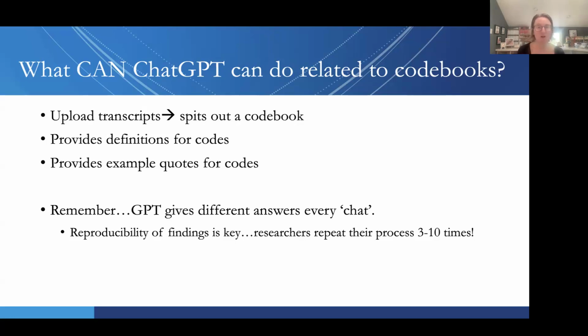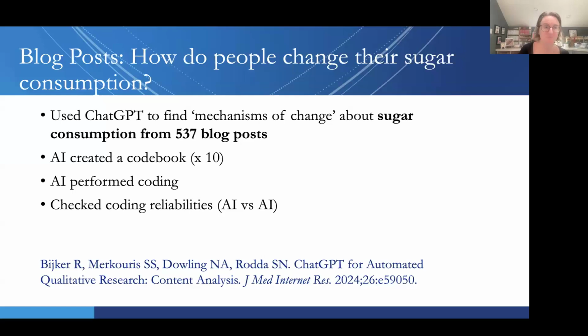And so in the research articles, as you're reading, if you choose to read these articles, you're going to notice that the researchers, in order to do this in a rigorous way, are repeating their queries anywhere from 3 to 10 times. And most of them do 10 times because ChatGPT is not the same every time, albeit much like a human. If I may label it this way today and that way tomorrow, does that matter?